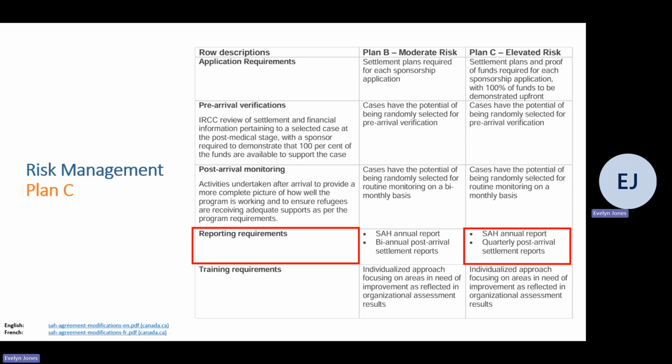As you can see, this was referred to in Appendix 2 as the settlement reports. The title of the report has been updated, and so now it is referred to as the Caseload Oversight Report, but it is what is mentioned here in the reporting requirements, formerly referred to as settlement reports.